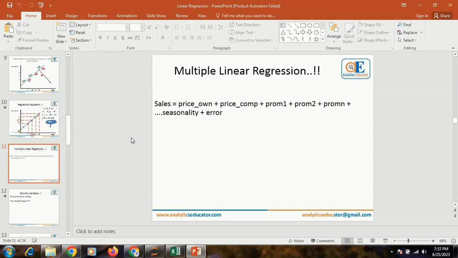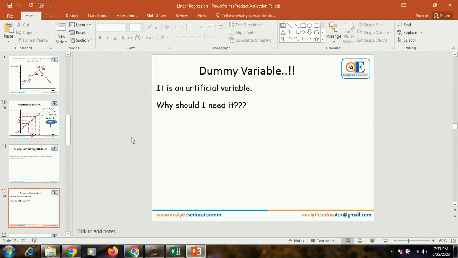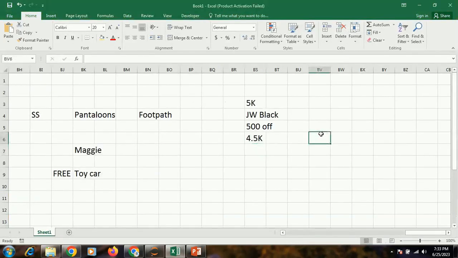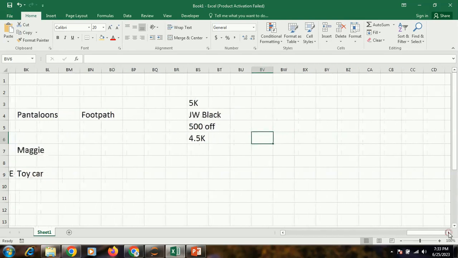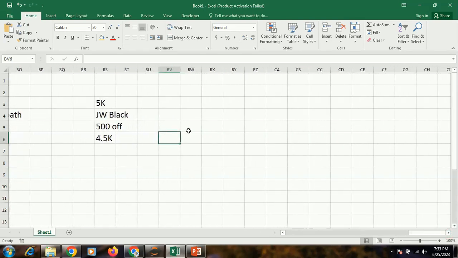Now I will get into another concept, that is a dummy variable. What is a dummy variable? Tell me something. In the room in which you are sitting at the moment, to paint half of that room you require 2 liters of paint. Just imagine.